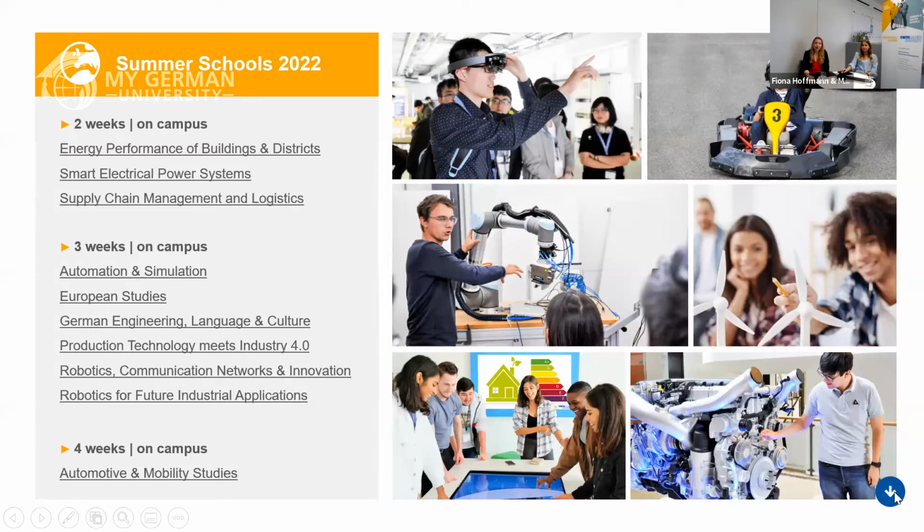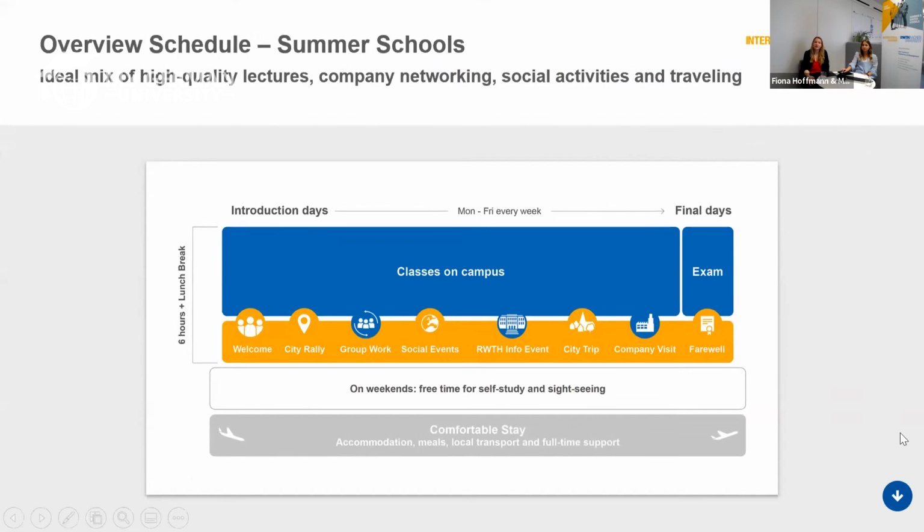To understand how the courses are structured, we here have a weekly schedule in which you can see how it looks like. So when you're here, you need to know that the course is to be understood as a full-time program. So you will be here with us on campus around 6, 7, 8 hours a day. So the whole day you will spend with us having classes. Of course, most of the time it's classes. You'll have a lunch break, and sometimes in the afternoon, but sometimes also on full days, you'll have the supporting